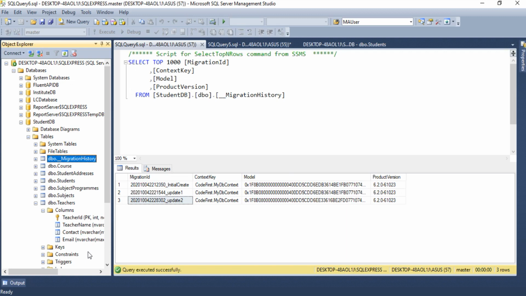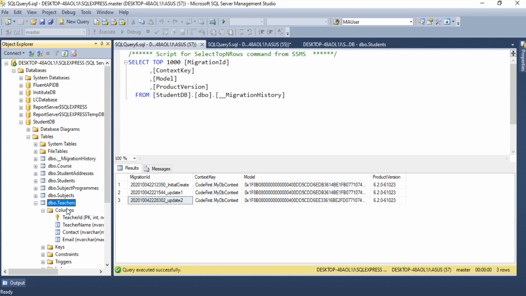Now there might be a situation where we want to roll back our changes. Everything we are handling through code, so this rollback should be done through code. Because just assume that you delete this teachers table. In that case my database and model are not consistent, or you can say they are not in sync. So definitely it will again generate an error. So whatever changes you want to make in the database should be done through the code only, because we are studying the code first approach, right?